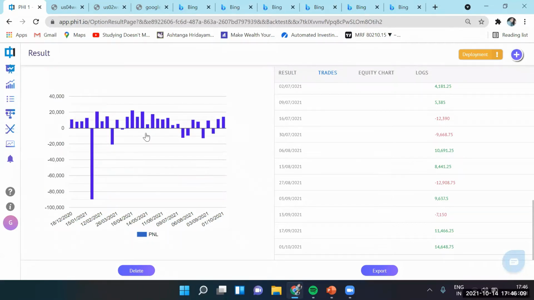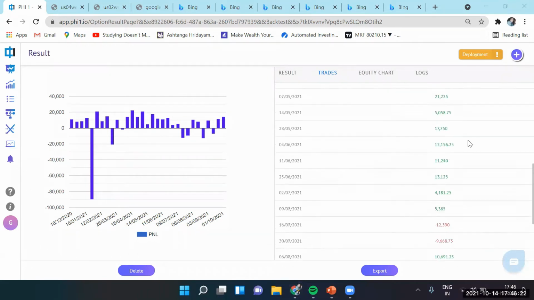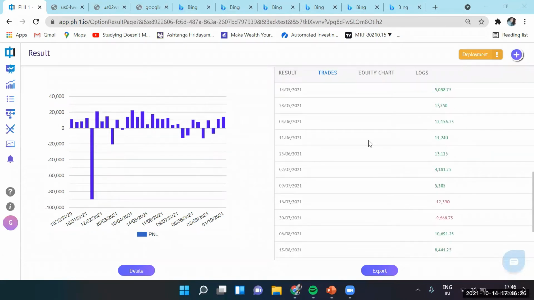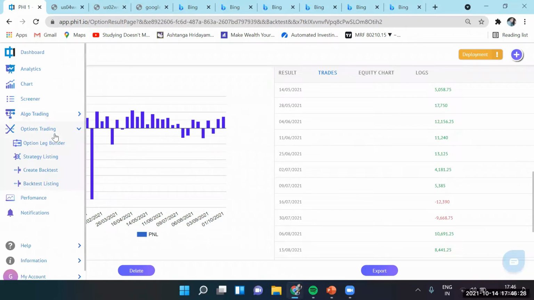So whatever you sold, you will keep on collecting premium, and for the outsized move, if you paid very less premium for the cover, the outsized move will also give you enough of a boost in your P&L. All right. So you get to see that mostly you get to collect premium and a few losses to manage in this case. And it's not limited. Like I said, you run it for any instrument, it will spark new ideas.